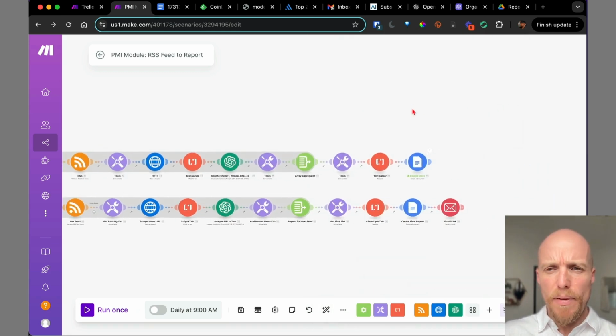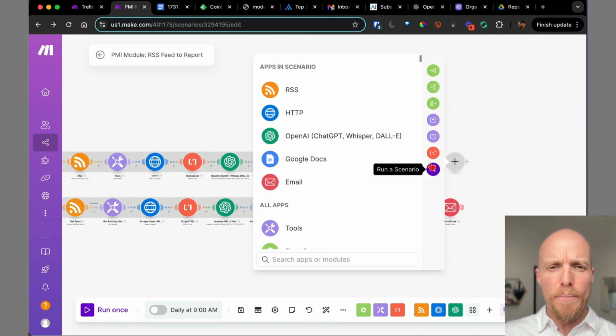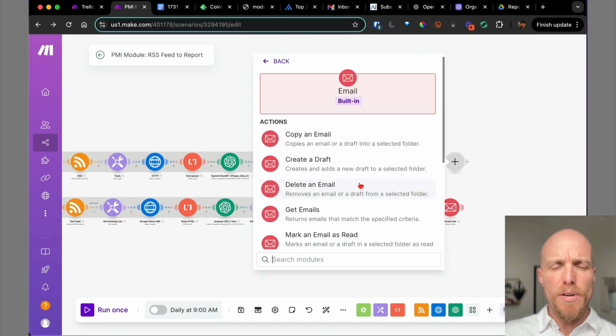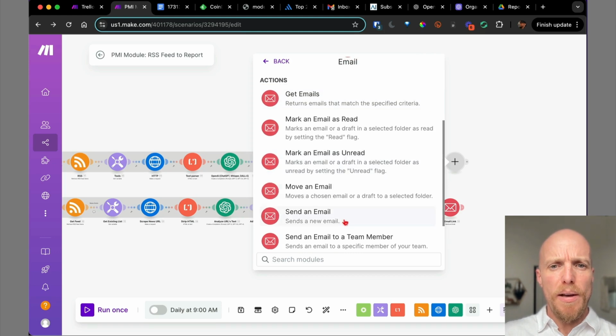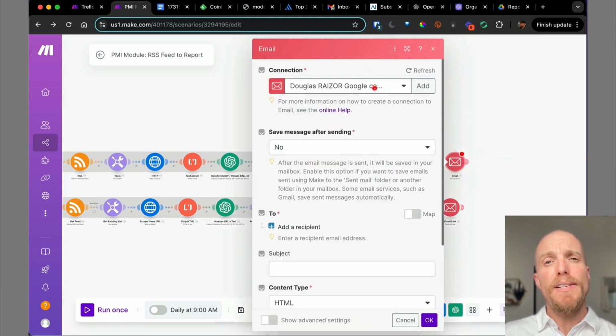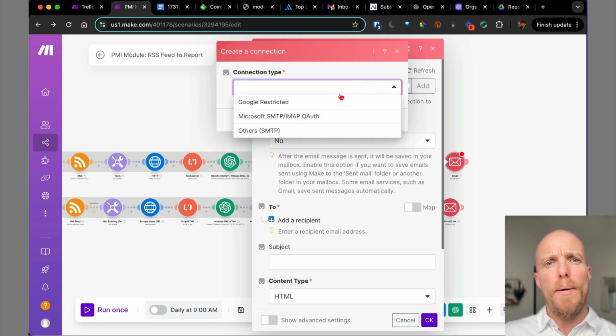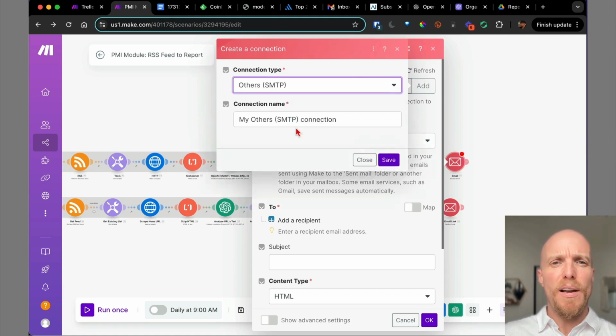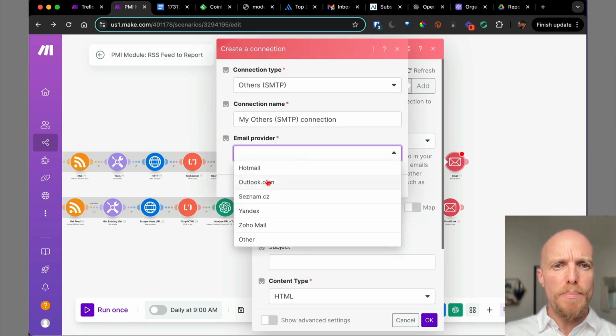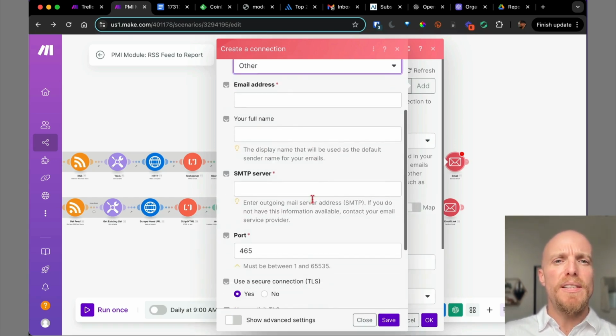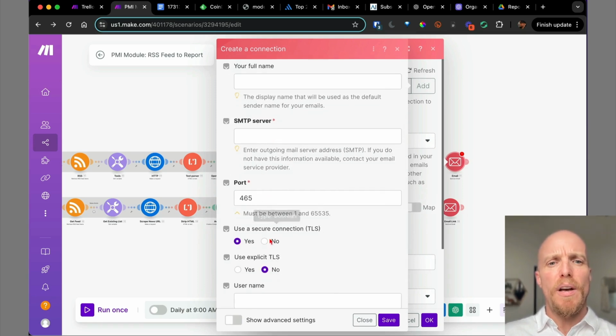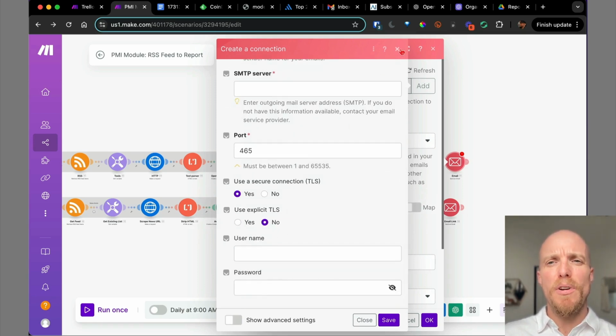And then the last step of this is going to be the email. So let's email it to ourselves. Okay, so again, when you click on the email, you're going to need to set up an account. Really easy if you've got Google Workspace or Microsoft 365. If you are not using one of those, you're going to need to get your SMTP login information. Usually it's your email address, your server, your port, a few of these other things, which you get all of that from your website